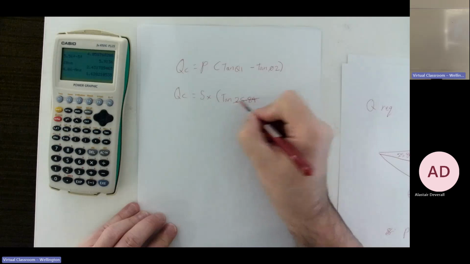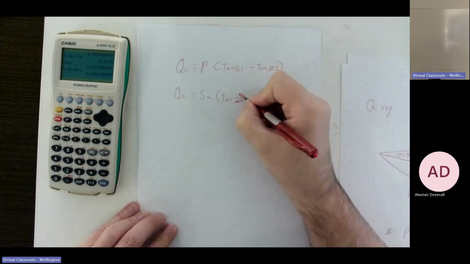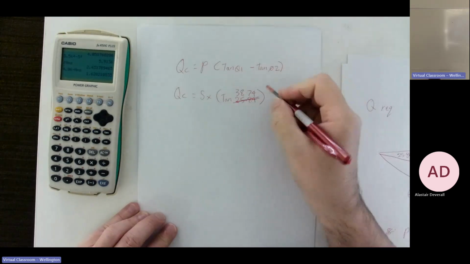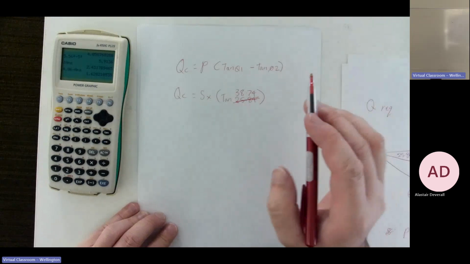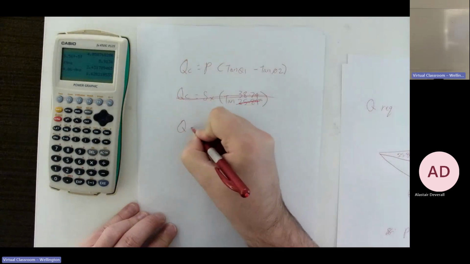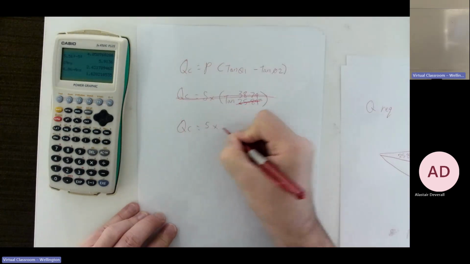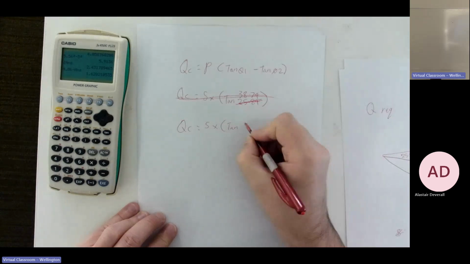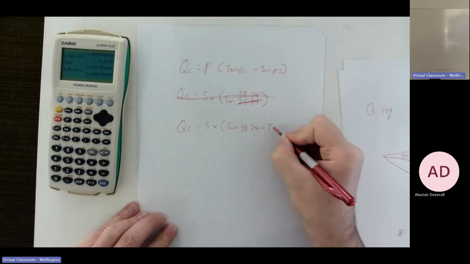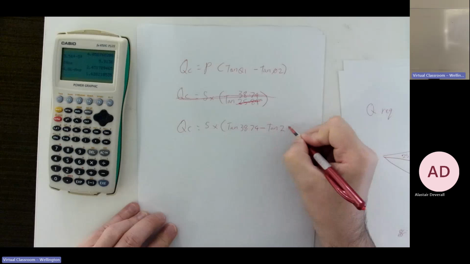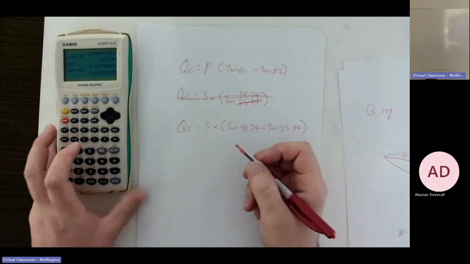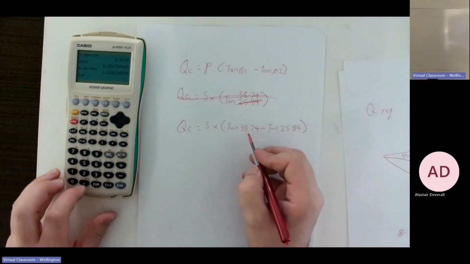No, whoops. I meant to use the bigger one, so 38.74. Not a formula I use very often. QC equals 5 times (tan 38.74 minus tan 25.84). So if we get our calculator and we go tan 38.74,